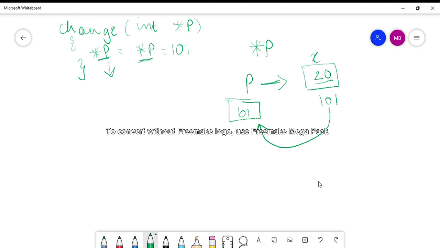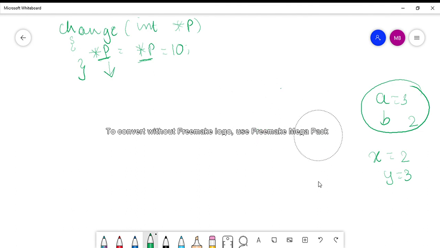So whatever changes I make through pointer p will be reflected in the main by default, even if I do not return any value. In the previous case you saw that the changes made to the variables in the swapping function, a and b, were not reflected in x and y. That means x and y were still 2 and 3, though in the function they had become 3 and 2. These changes were not reflected in main when we were not returning the values. Here you can see that these changes will be reflected in main also, even though we are not returning the values. So this disadvantage is overcome here with the help of pointer variables. How?